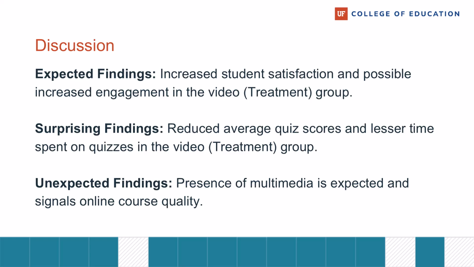Altogether, my findings suggest to me that both student groups engaged with their assigned course in different ways and altered their study behavior based on presence or absence of videos. It seems to me that students relied on careful reading in a text only group, while students in the video group relied on conceptual understanding of information. This could explain why students in the text only group did much better on quizzes, but both groups performed equally well on the final exam.